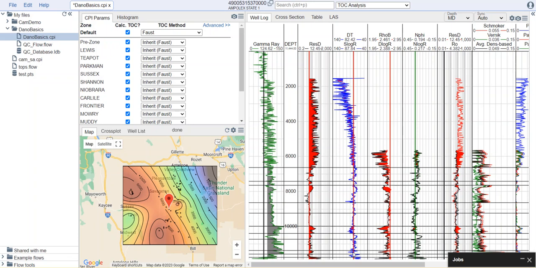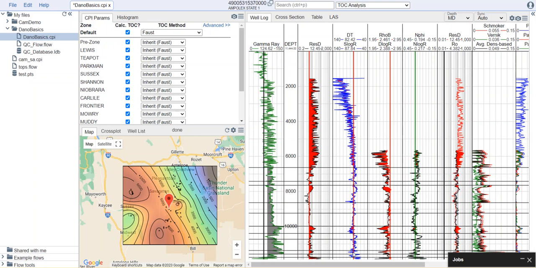In this video, we're going to be bringing you another Danomics Basics series here. And in this one, we're going to be having a kind of a double lesson. We're going to be talking about both mineral inversion and porosity. And the reason why is these two really go hand in hand. So it's important to understand the interplay between the two, and maybe when you want to go with one method